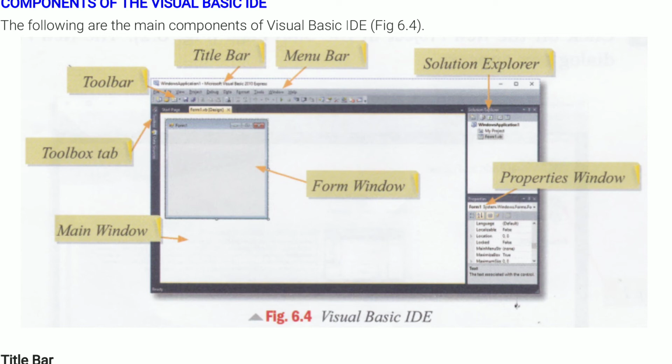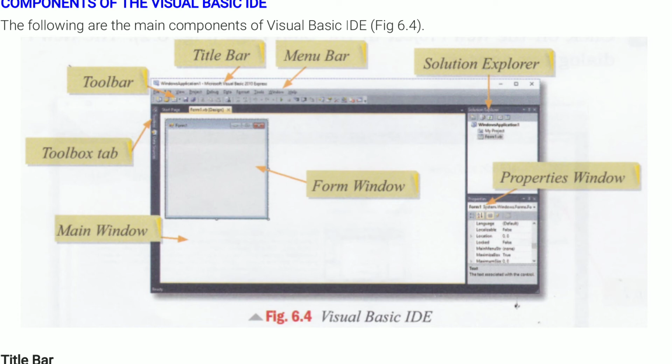After toolbox, the next window is solution explorer, as you can also see on the screen. The solution explorer window displays a list of various files of a project. Earlier it was also known as project explorer window. It contains various elements such as form, class and module. This window displays all the components created in the current project.